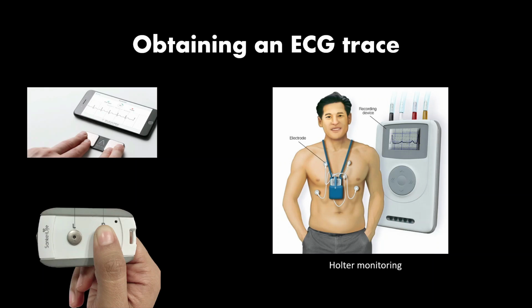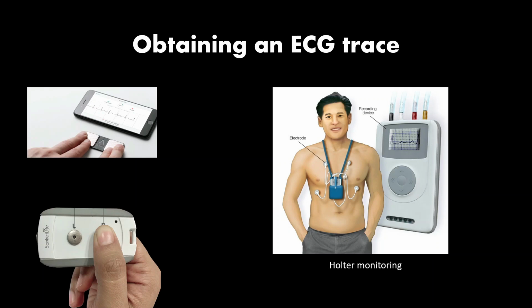Other unconventional ways of obtaining an ECG are also coming up. Now the technology is getting advanced and coming up with simpler ECG machines which can be used by the general public at their homes. The trace gets recorded on a smart device, which can then be communicated to an expert for further comments and suggestions. Many companies are coming up with this kind of technology, but many of them still need to be validated through clinical studies. As a disclaimer, this video is not sponsored by any of the companies.